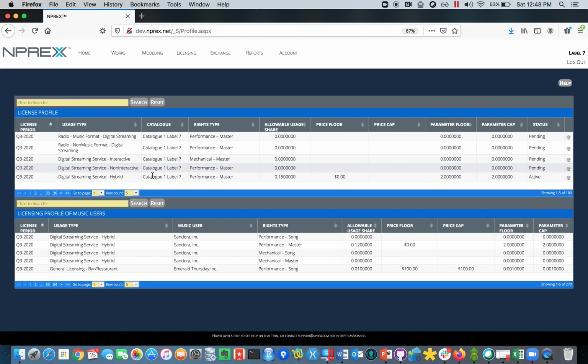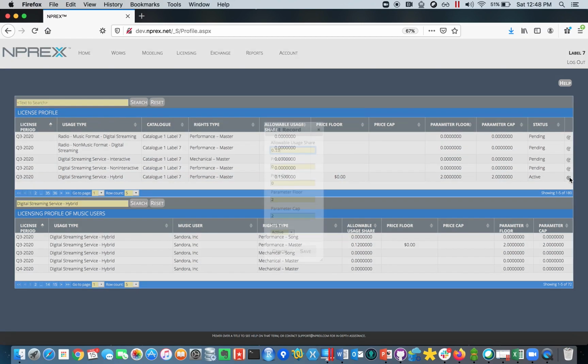Okay? Now, if we restrict what we see in the music users screen to offers with respect to the usage type of digital streaming hybrid, we'll notice that the second row contains an offer from a music user by the name of Sandora for a music performance license for master recordings, and we'll make note of its pricing terms here and the fact that it also has a license period of Q3 2020. Now, if we are to, as Label 7, enter this offer into the system,